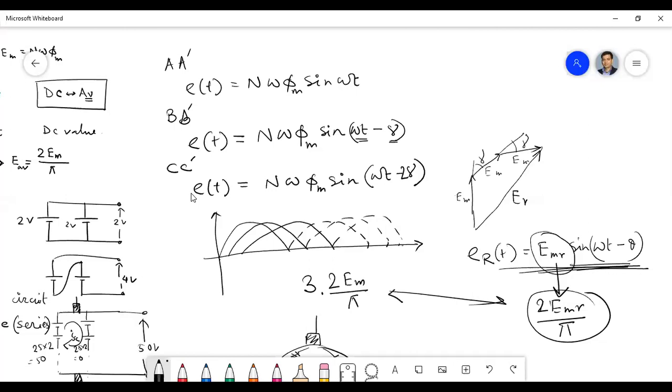DC values, we can just add algebraically. But if it were sinusoidal, or if it were a phasor, we cannot add it; I have to take the resultant. Phasor, we have to take its resultant. Okay, if it were an AC generator, if it is not a DC generator, if it were an AC generator, then we have to take this type of derivation.